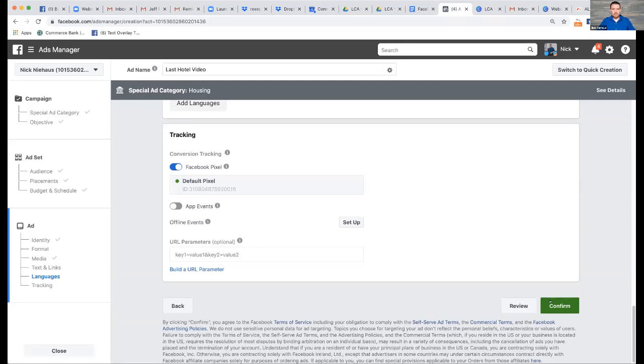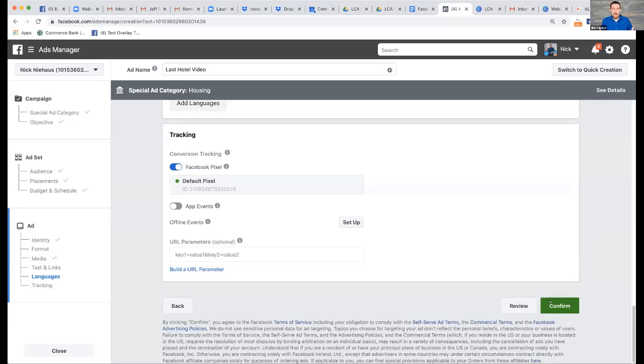I'm going to just pause for just a second. That is step number 1, okay? So just a quick recap here. We went through, we set up the campaign where we chose the video view objective. We went to the ad set level where we chose the city where we lived, 15-mile radius. And then we went to the ad level where we selected the video and we added our copy and we chose our business page, right? So I know that was a lot that you saw, but that is fundamentally all that we did, right? So if you think about it that way, it's not too many different steps.